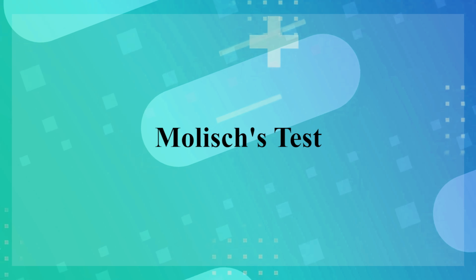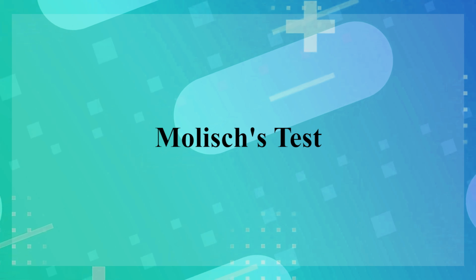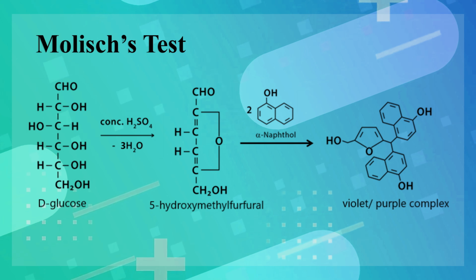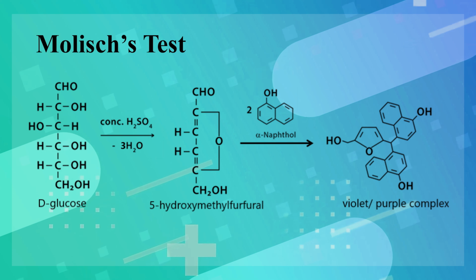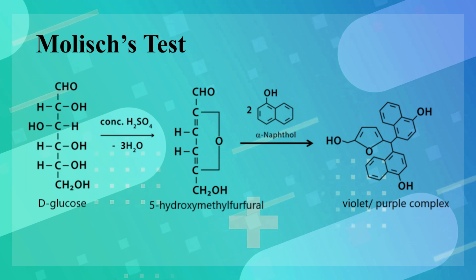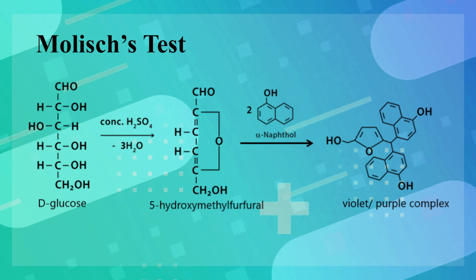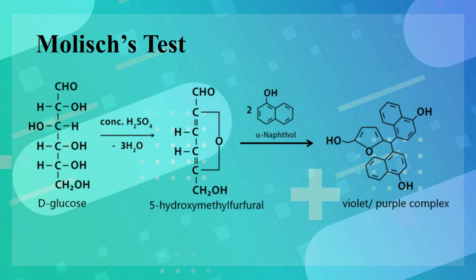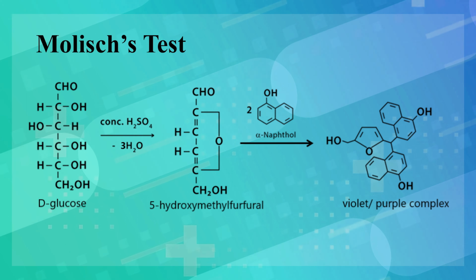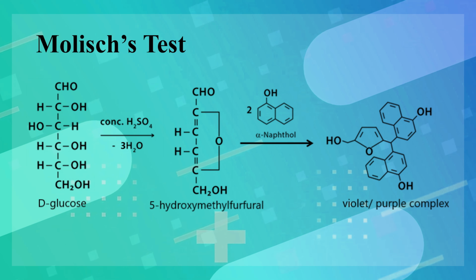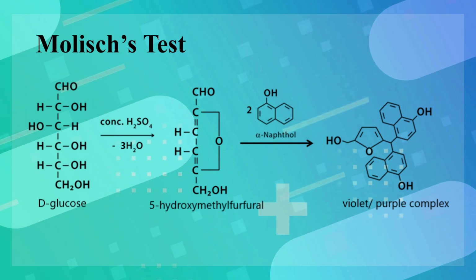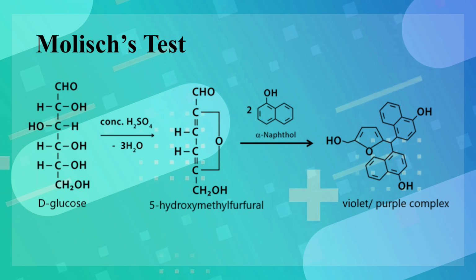Molisch test. This test is named after Austrian botanist Hans Molisch, and the principle of this test is that in presence of concentrated sulfuric acid, the carbohydrates will be dehydrated to furfural and hydroxymethyl furfural, which will condense with two molecules of alpha naphthol to form violet or purple colored complex, and this is a general test for detection